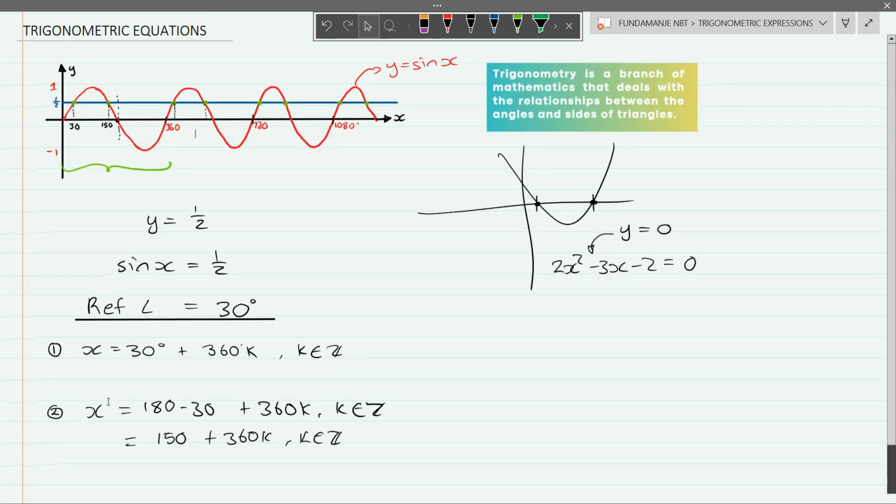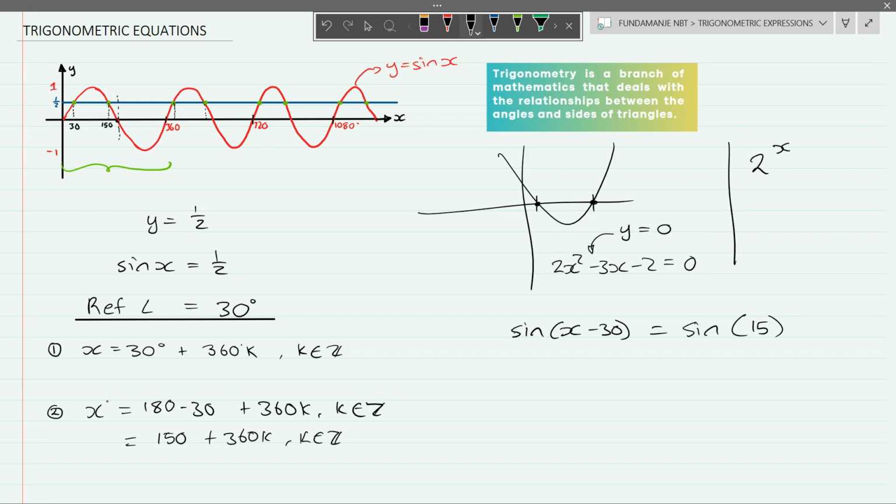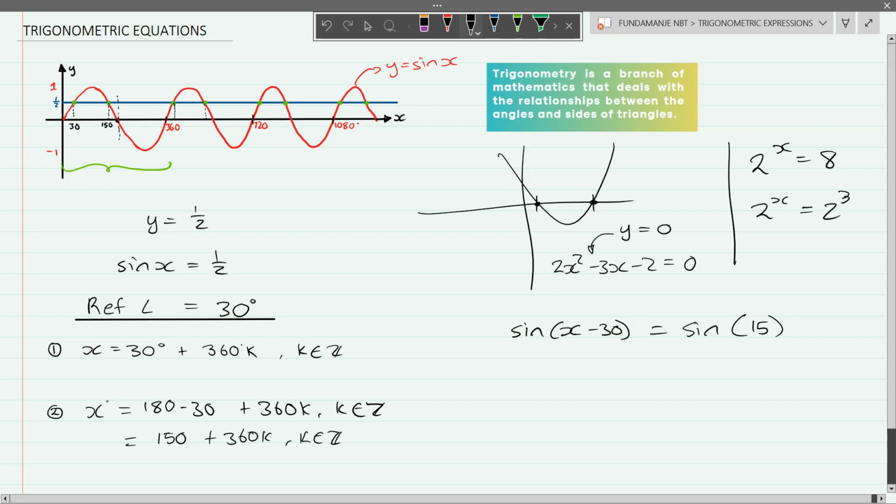You also get specific ones that are kind of weird. You could get something like sine of (x minus 30) is equal to sine of 30. In this case, or let's say 15 or something. In this case, you can just equate, because you know how you use that law to say that 2 to the power of x is equal to 8. I'll solve this as 2 to the power of x, rewrite the 8 in terms of 2, and say that this is equal to 2 to the power of 3,